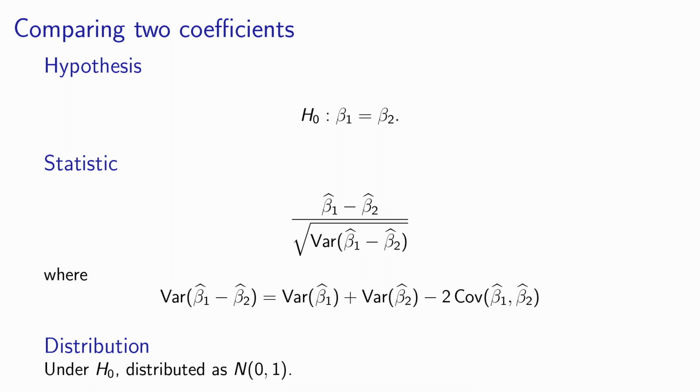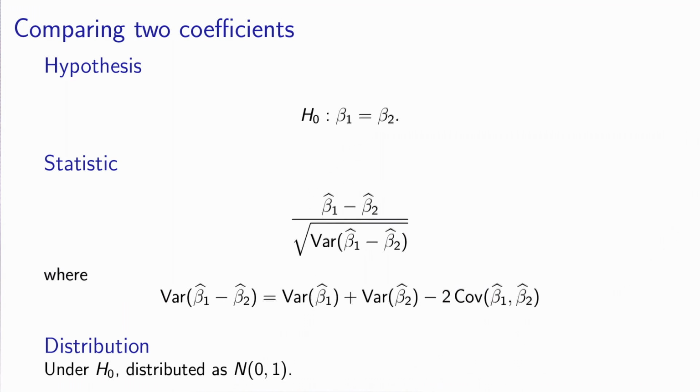The t-test can also be used to compare two coefficients. In this case, the null hypothesis is that two coefficients are equal. This applies in particular when you are making the assumption that a variable is alternative specific, so you assign a different coefficient for the variable in different alternatives. But then you may want to test if it is reasonable or not. So you test if the two coefficients that you have put are actually equal in reality. This is your null hypothesis.